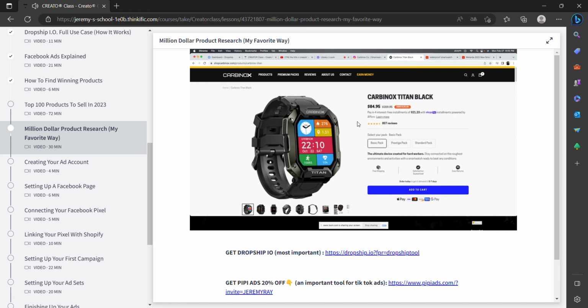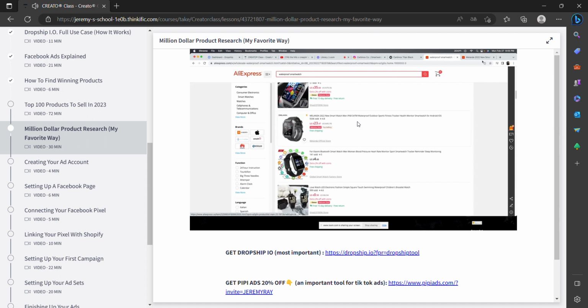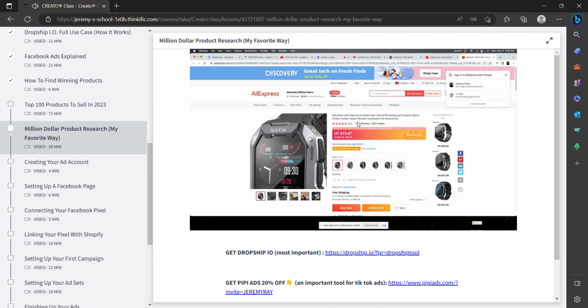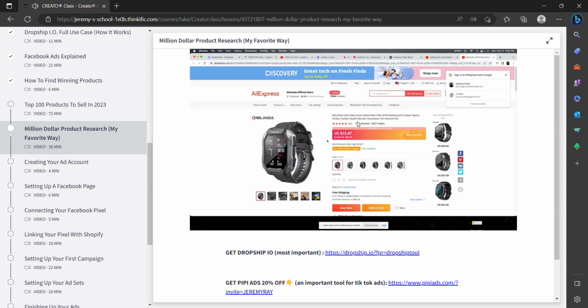It's got the same flap that hangs over. It says back power. It's got the rubber on the side. This is literally the same watch. The only difference is this one says Carbonix or whatever, and this one says Satum, right? So it's the exact same watch. This company is definitely